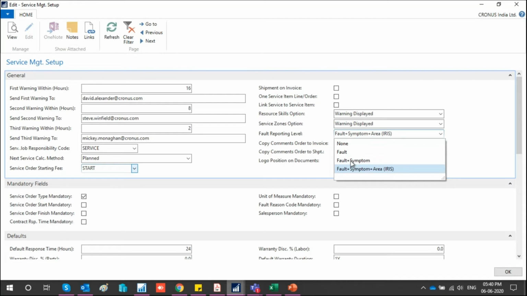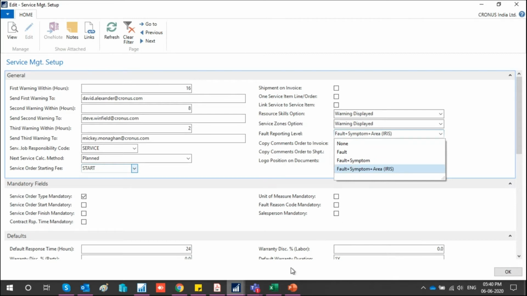IRIS stands for International Repair Information System. This is a standard which is accepted and was made official in 1995 in the complete European Union countries. It's still not mandatory in India. If people want, they can use it, and I hardly believe anybody among our clients was familiar with it. But it is a widely accepted phenomenon in European countries, and under this they have a complete master of these are the defects, these are the resolutions, these are the symptoms.